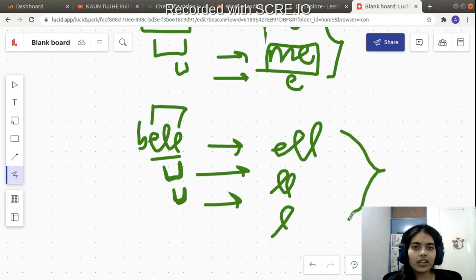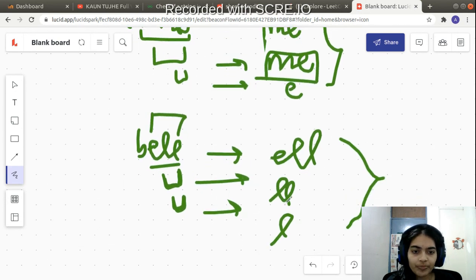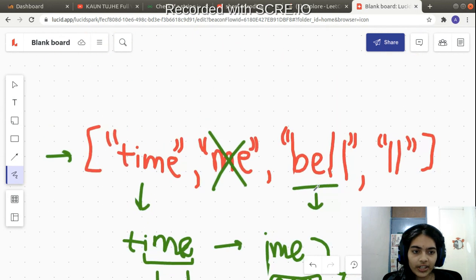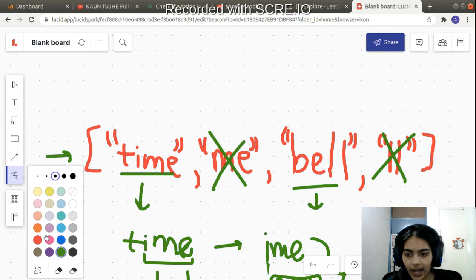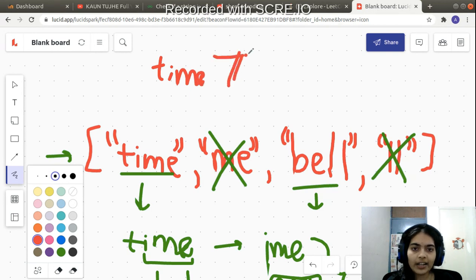So now I get these 3 strings which are possible suffixes. Now see, I can see that ll is a string that is present in this words array, so I can remove ll. Now I have these 2 strings remaining, time and bell. So now I have to combine time and bell. First let me write time, and then I write a hash character. While combining, I have to use this hash character, as it is given in the rules. This is how we have to do the encoding. Then I write bell, and again I use the hash character.